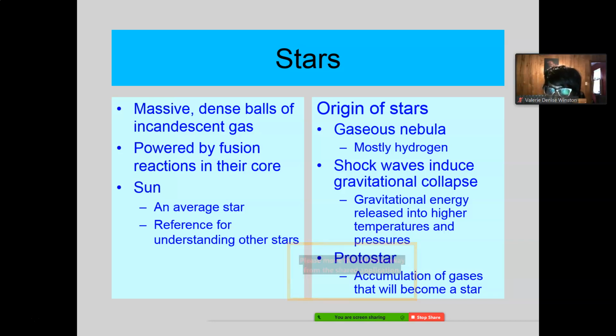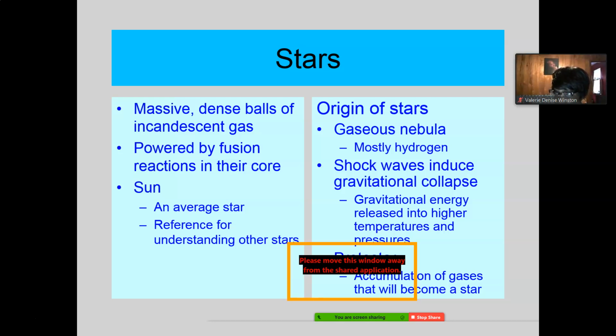Now, where did these stars begin? Well, you might think that outer space is completely empty, void, nothing but a vacuum. And it almost is, but not quite.